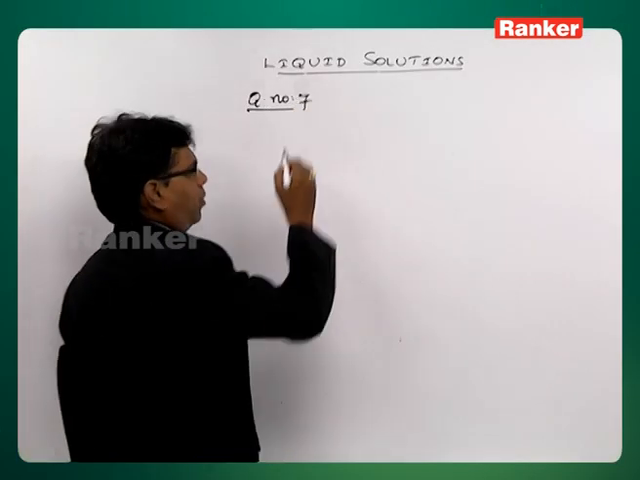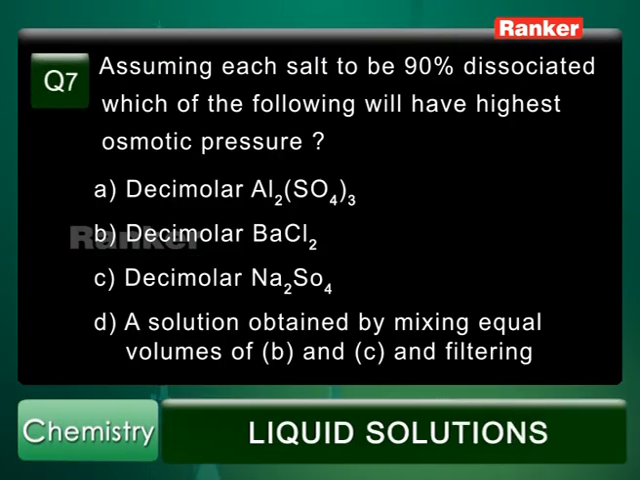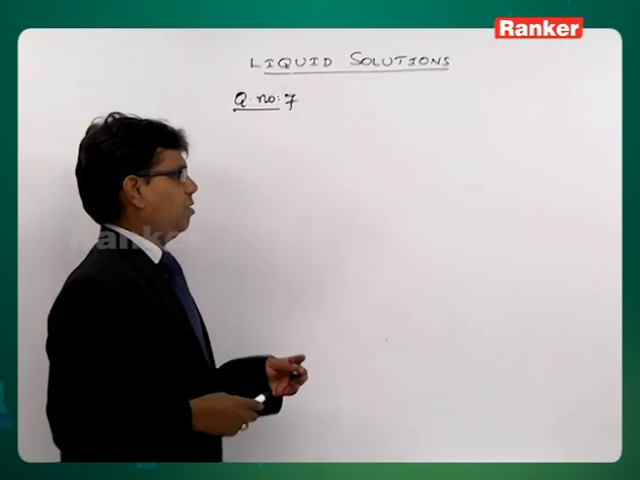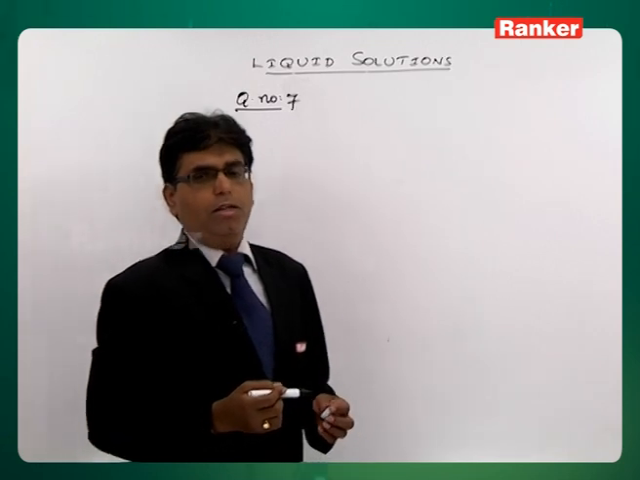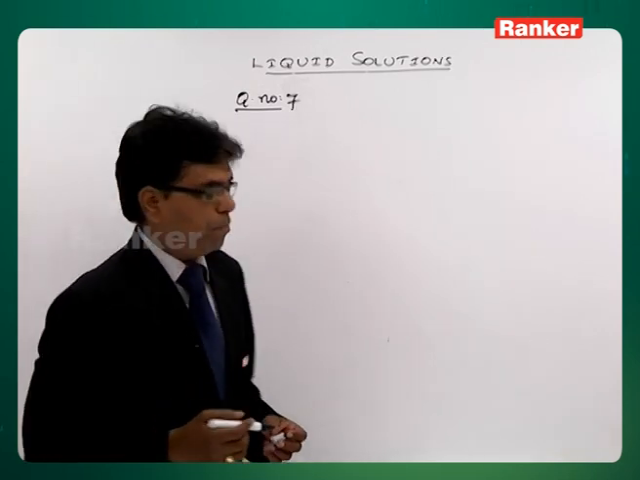Now, in question number 7, this is another conceptual question. Assuming each salt to be 90% dissociated, which of the following will have highest osmotic pressure? All the given salts are dissociated by 90%. First of all,